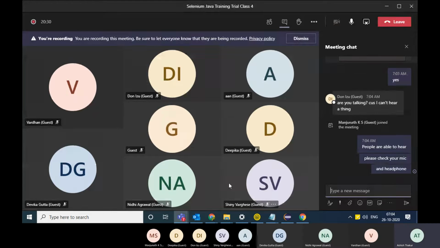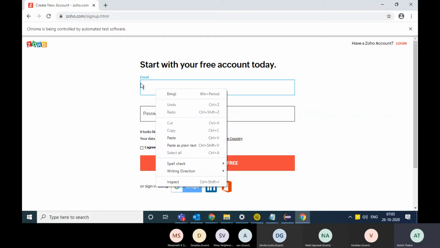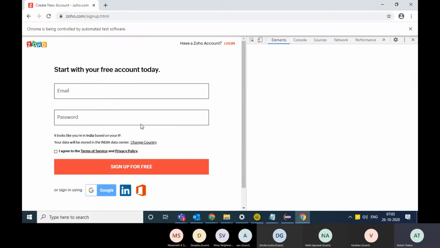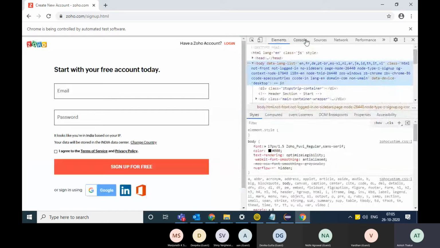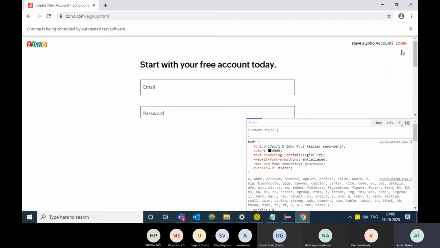Once you are in this particular page, say I have to interact with the elements on the web page. So you need to understand the concept of page source for that. If you right click anywhere on the page inside Chrome, you will get the option inspect. This is a Chrome inspector, and this is a really informative tool. And you can switch to the dock to bottom view over here.